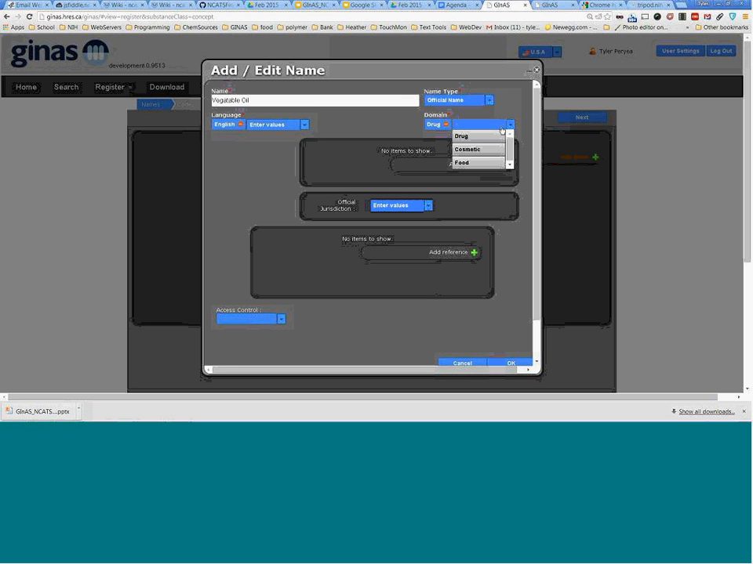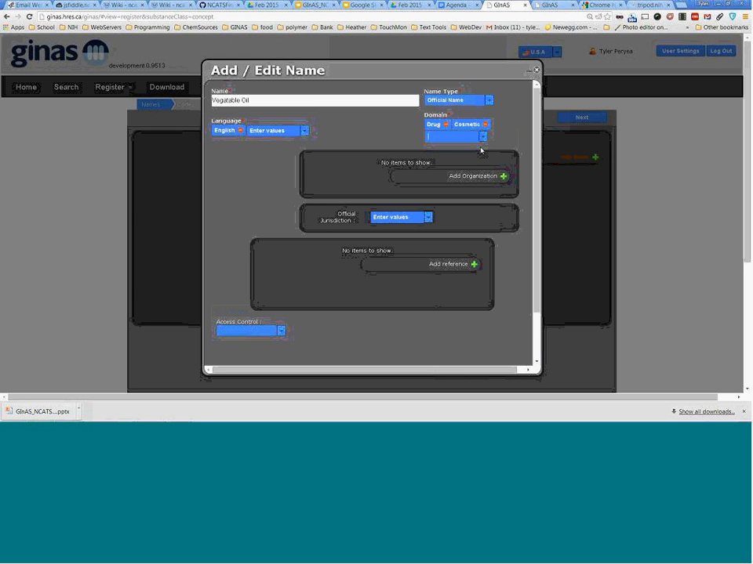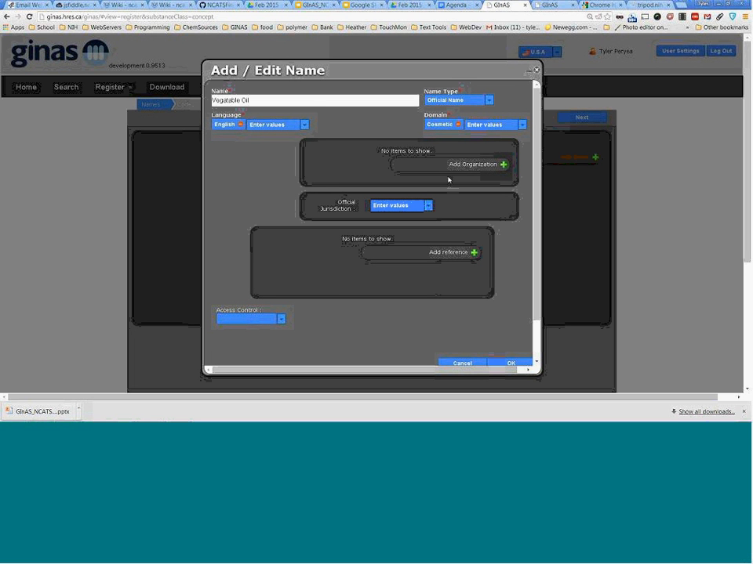And you can, first of all, say what domain the official name is in. An official name might be only for drugs, might be only for cosmetics, might be only for food. You can select from a multiple group: foods, drugs. And if you click on a given tag on the little minus button, it'll show or